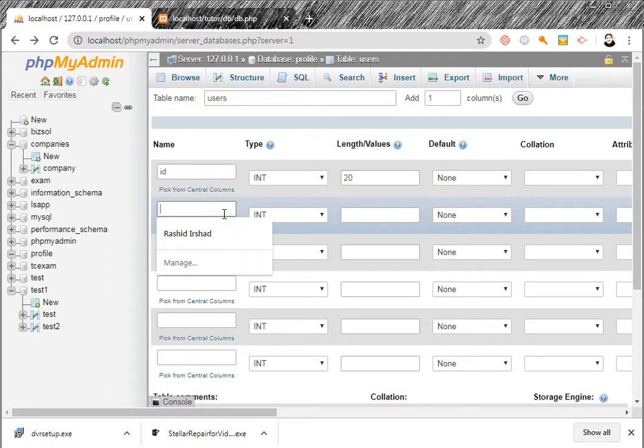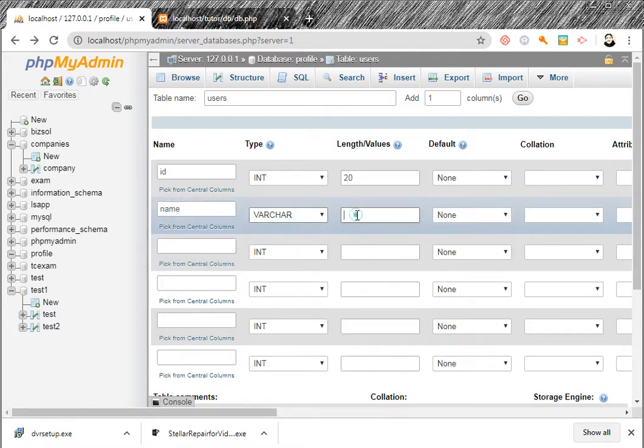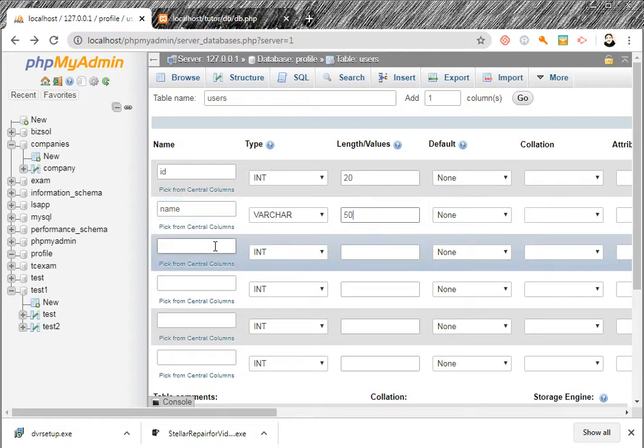Next is username. You can type user underscore name, and here we will select varchar. In MySQL we select varchar, and username may be 50 characters.